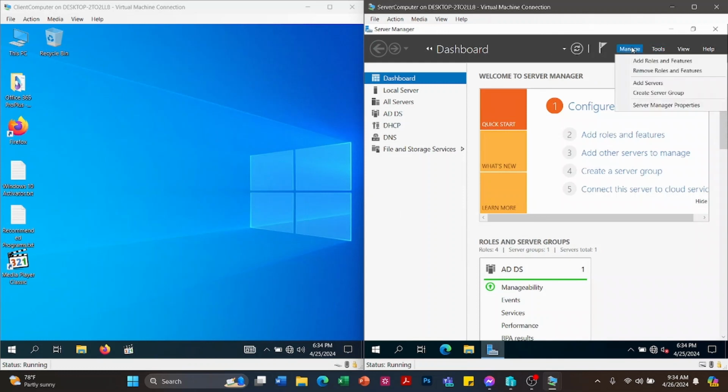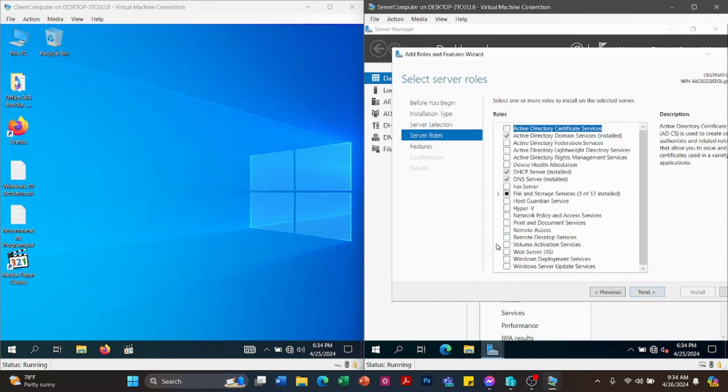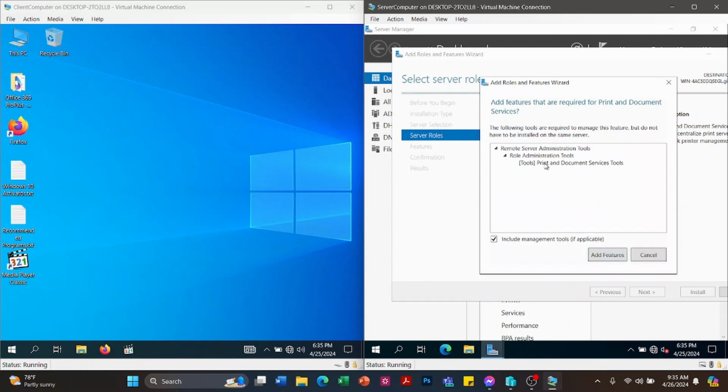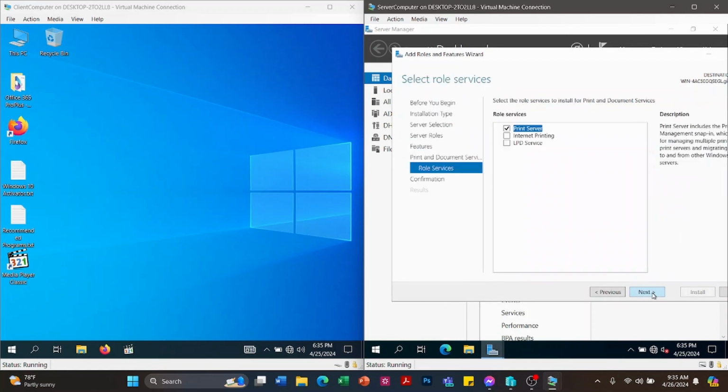So let's first install the print and document services. So add roles and features, then next, next. Okay, so let's look for the print and document services. So check the checkbox of the print and document services for us to install the print and document service tools. Then add features, next. Just click next, next.